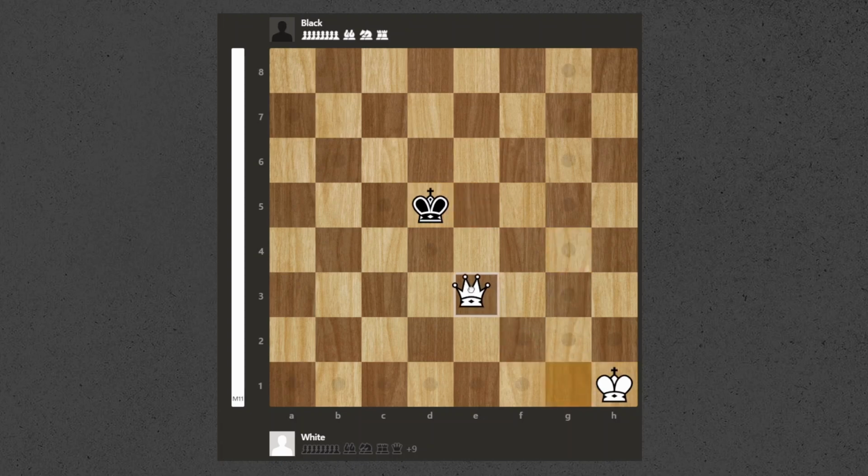So we have played king to e3, and now let's say he plays king to c4. With some calculations, we can try to move our king closer with king to g2. White's king rushes up so it can help its queen push the enemy monarch to the edge of the board. So he plays king to d5, let's say, and then king to f3, king to c4, and then king